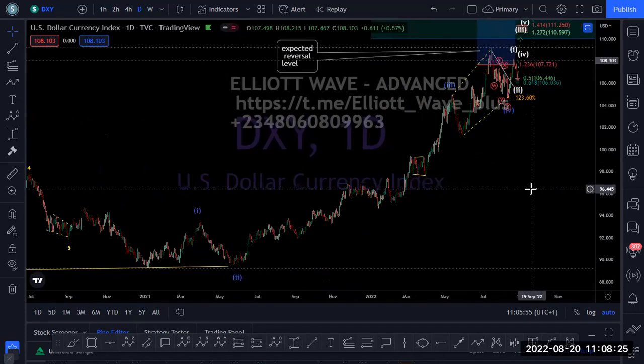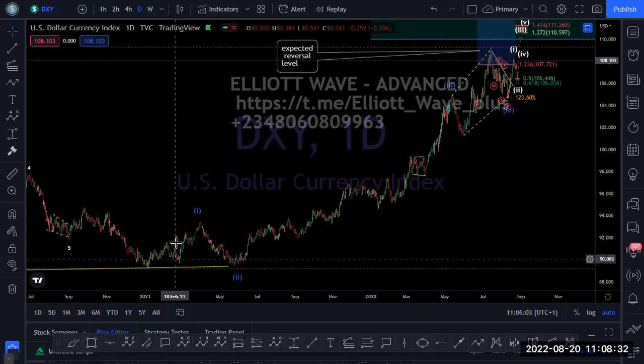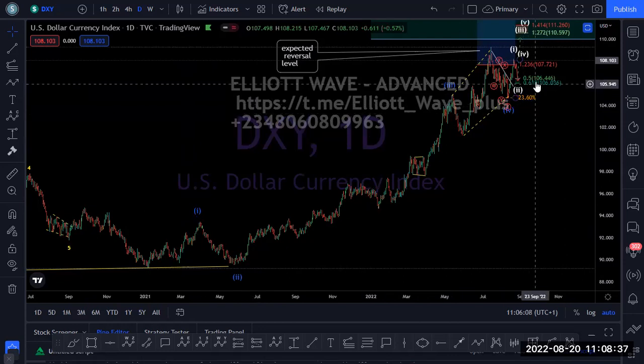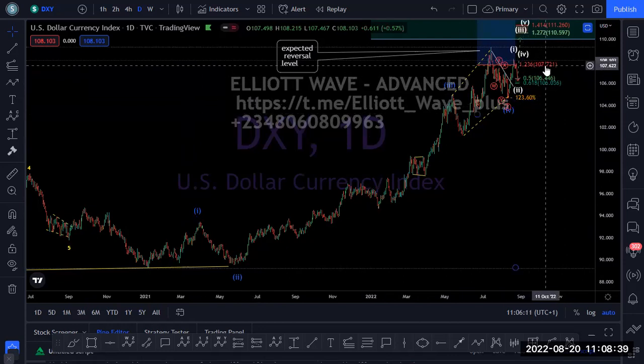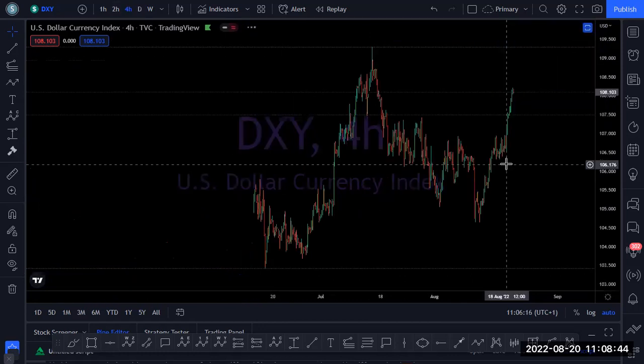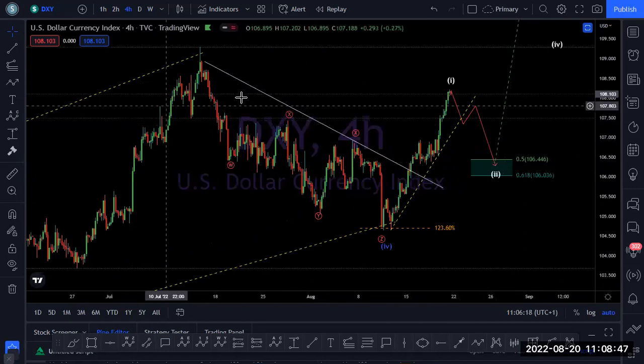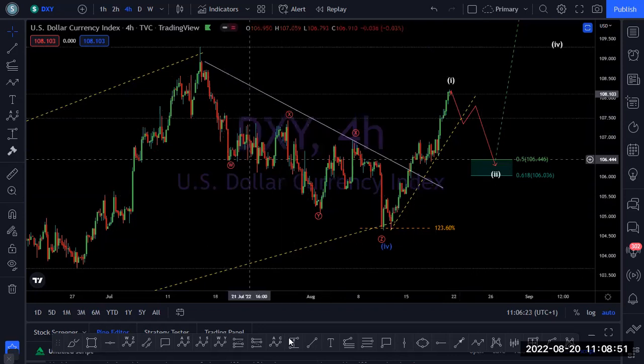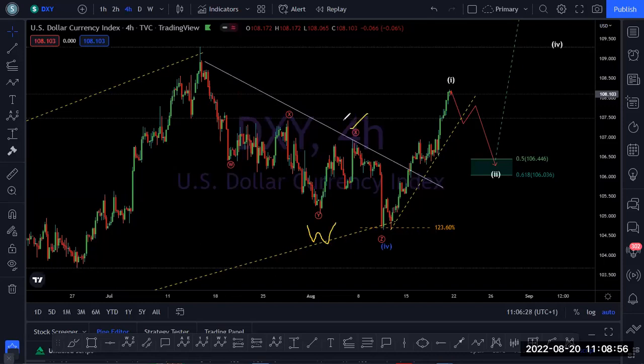So on daily, you can see wave Z, wave C is always 5 waves. Now you can see 1, 2, 3, 4. Then the last move is wave 5, which will definitely get us to a new high. Okay, let's zoom the chart. And last week, I was expecting a bigger correction, like W, X, Y, maybe lower here.